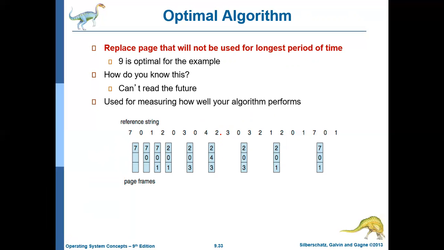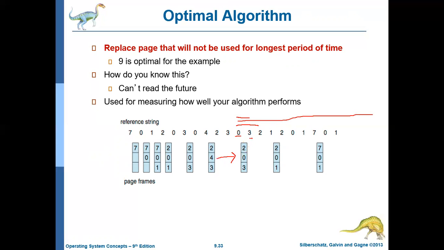Sorry, we are here. 2 is already available, 3 is already available, then 0. Okay. So you have to compare 2, 4 and 3. We should replace either 2, 4 or 3. 2 will be used after this much time. Okay. 4, we are never going to use. Infinity time. 3 will be used immediately next. Okay. So this 0 should replace 4. The one which will not be used for the longest time is 4. So 4 will be replaced by 0.